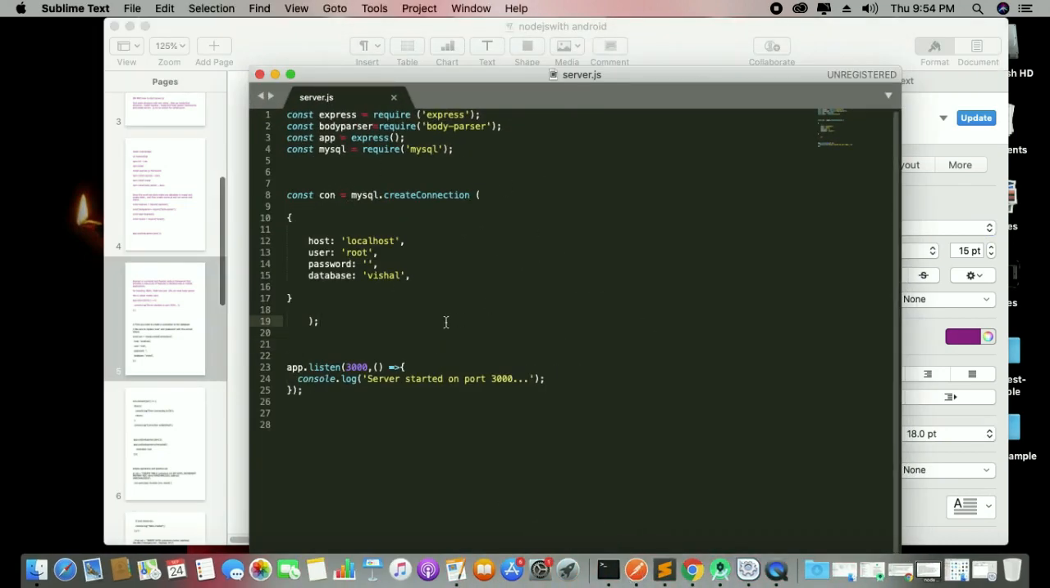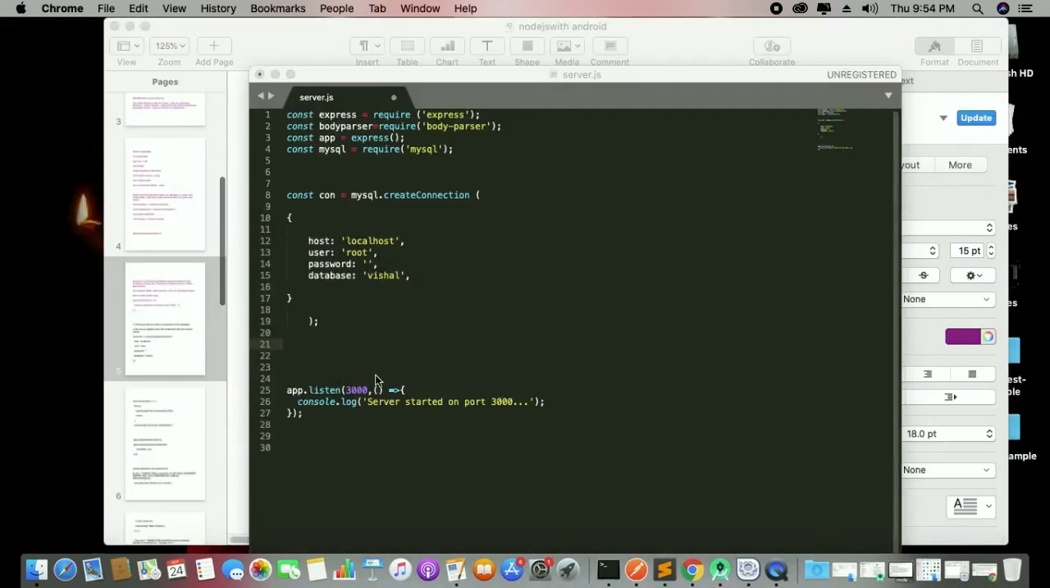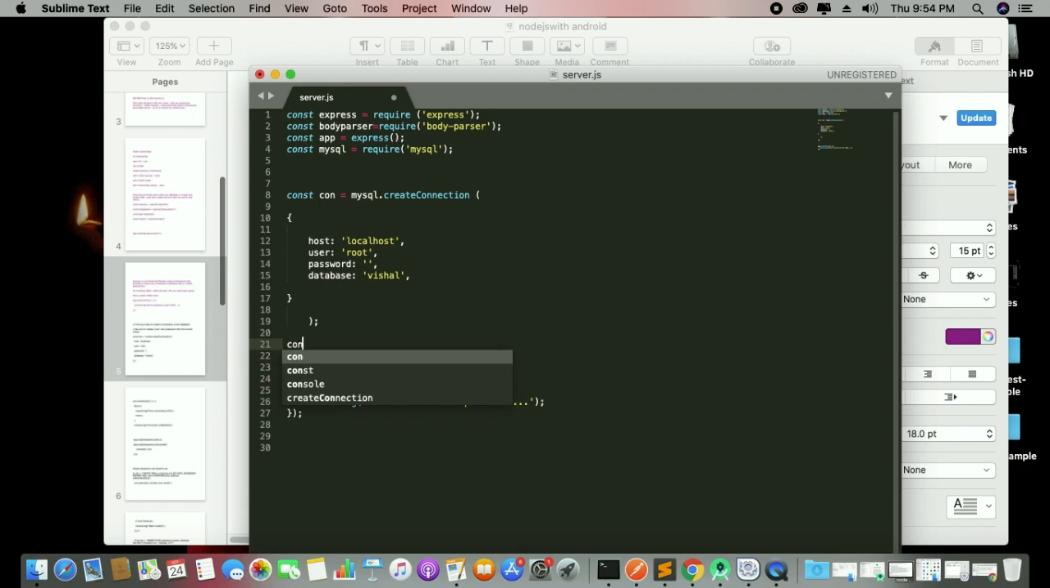As we have done the simple connections, first we have to check whether our connection is connected or not. This is my phpMyAdmin, and here I have some tables, but this is my database Vishal. So I have to check whether it is connected or not by my connection. What to do? You just write con.connect,